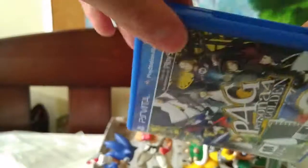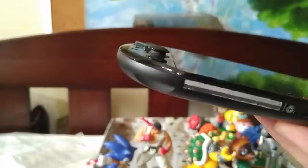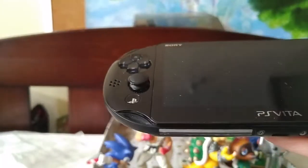So yeah, that's it. Now going back to what I said about the Vita, it really is a nice piece of tech. I think there are a lot of things that kind of went downhill for Sony. I mean, they clearly weren't interested in saving this thing. They were more focused on the PS4, which currently is the best-selling console of this generation. And it's a shame. I mean, this thing has remote play, a feature that